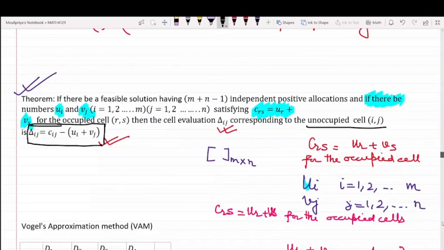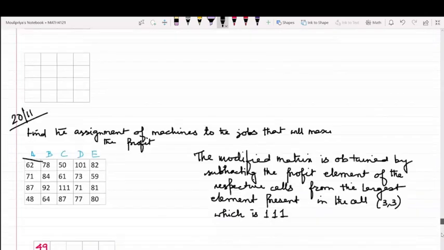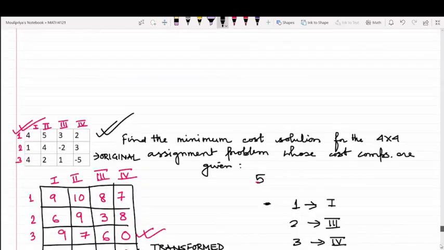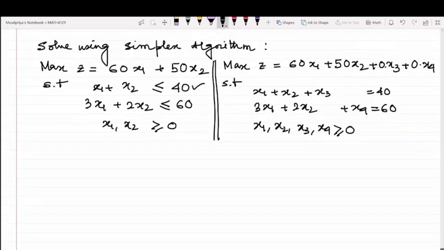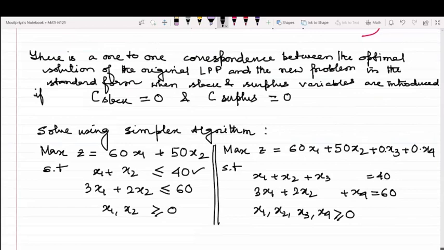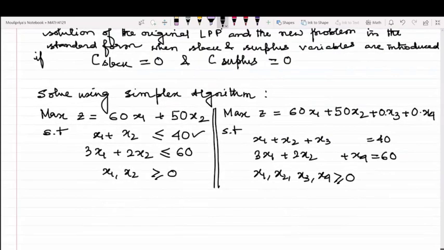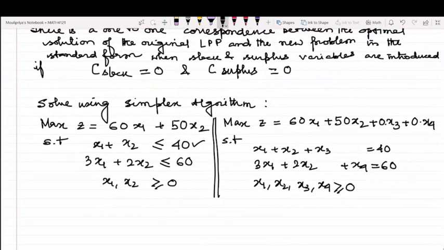This is the advantage of writing in OneNote. Whenever something is required, I can scroll up and show you. So basically, we all agree that there can be 4 C2 number of basic solutions at the very beginning, and at a time there can be 2 non-basic variables. And if you like, remember, what value do we assign